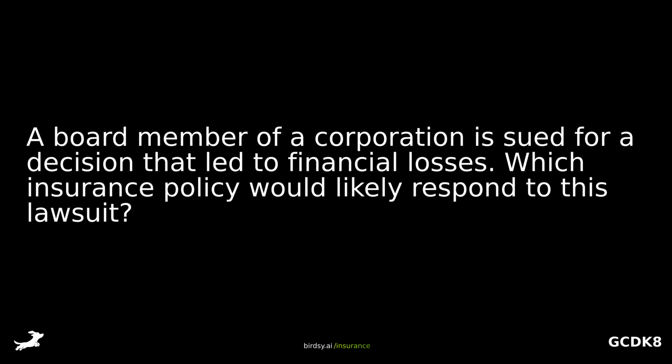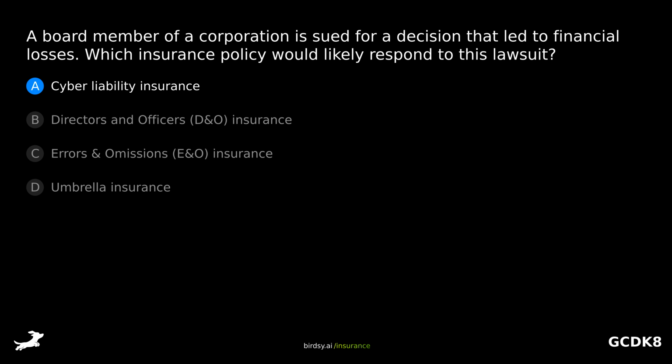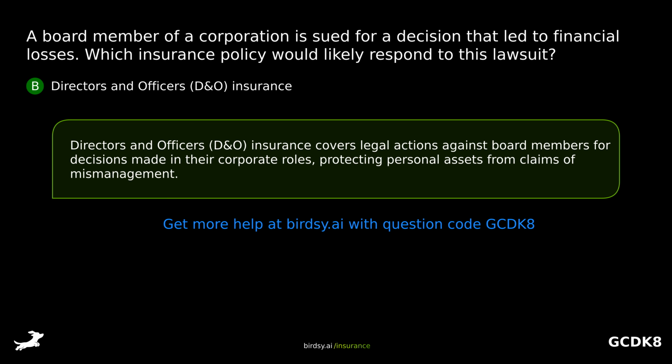A board member of a corporation is sued for a decision that led to financial losses. Which insurance policy would likely respond to this lawsuit? Is it A, cyber liability insurance? B, directors and officers insurance? C, errors and omissions insurance? Or D, umbrella insurance? The answer is B, directors and officers insurance. Directors and officers insurance covers legal actions against board members for decisions made in their corporate roles, protecting personal assets